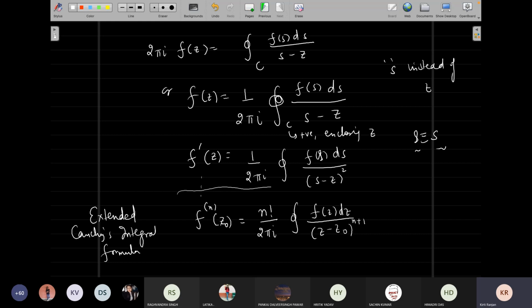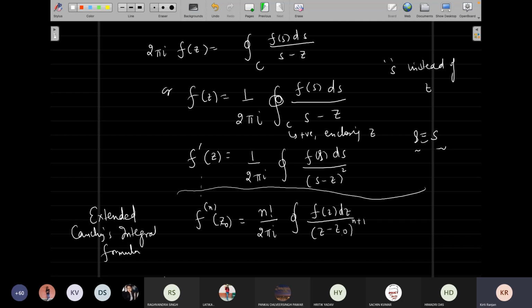Please see, the only reason I introduced s, because many times when I was writing f(z naught) and I was asking students to differentiate with respect to z, they of course keep on differentiating with the first variable instead of the second one. So that was the only idea to tell you that in principle, whatever is coming inside the integral, they are dummy variables. I could have used any notation for that, z prime, whatever it is. So that was the only idea.